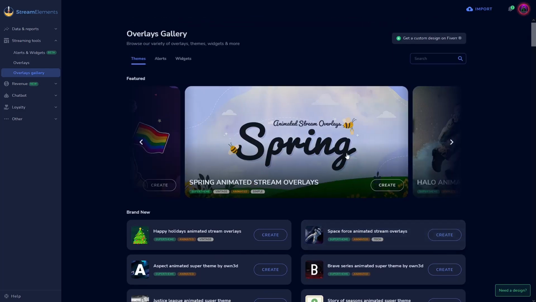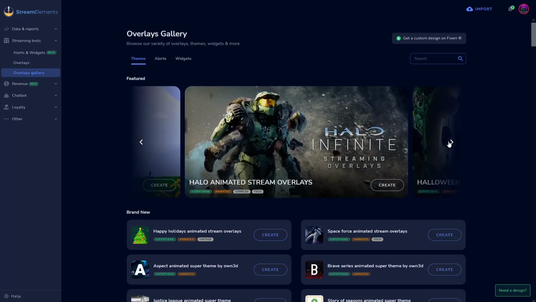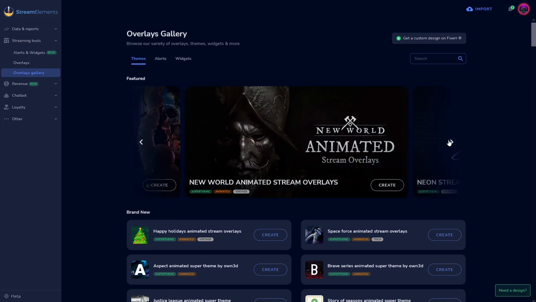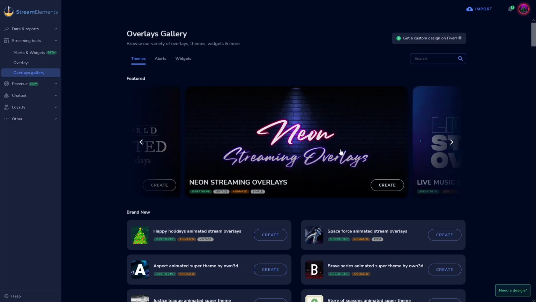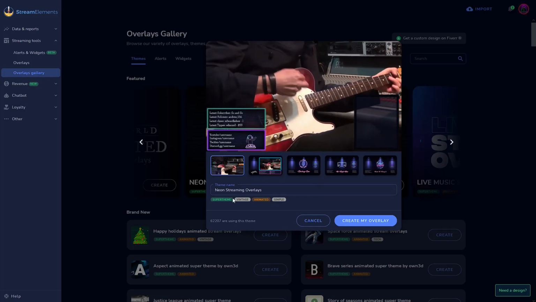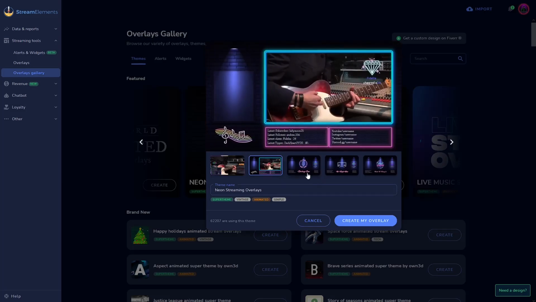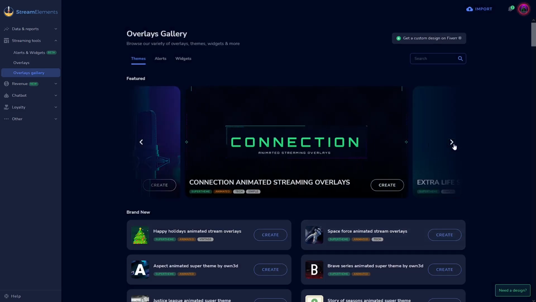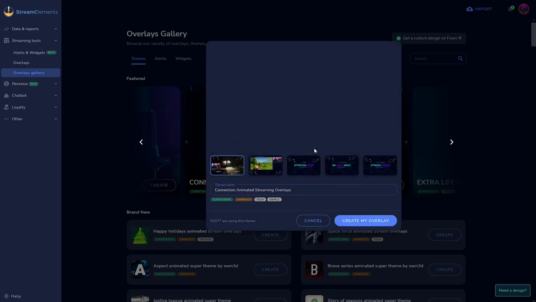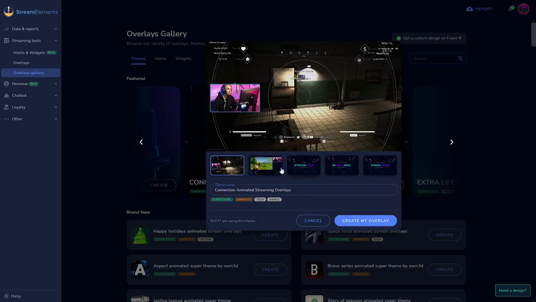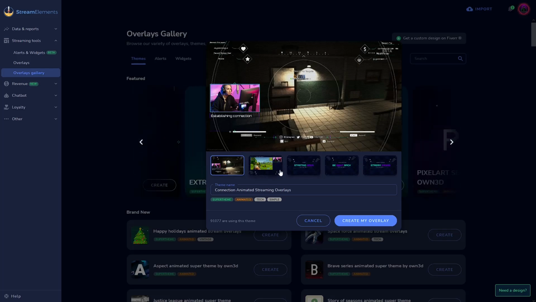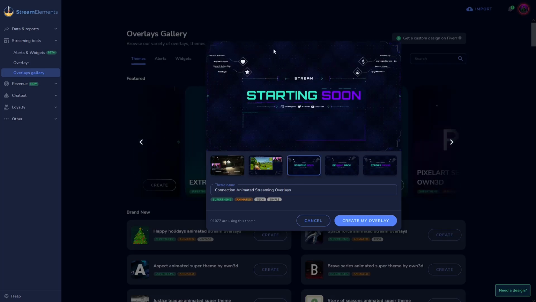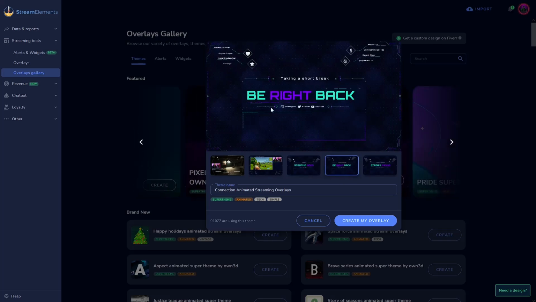Up here they have, I assume, the most popular ones, and they're usually some of the higher quality overlays too. You got Halo, Halloween, New World, all kinds of stuff. So if you click this, this is kind of what your alerts would look like, and your whole setup, things like that. So that'd be great for, you know, music. This is one I looked at a couple times, and this also shows that it will give you all these different scenes as well, like starting soon, here you go, and you can just rename these things however you wanted. There's your BRB screen,